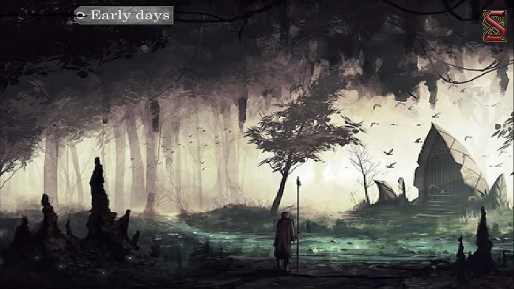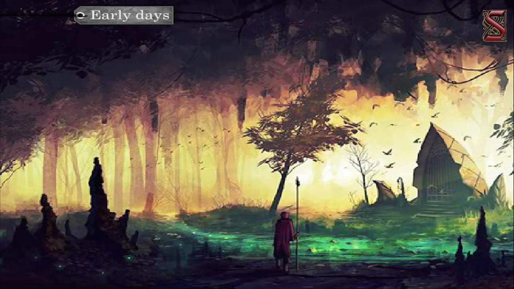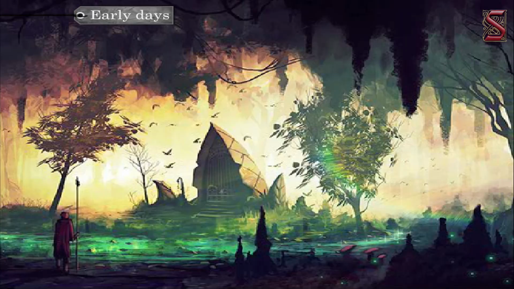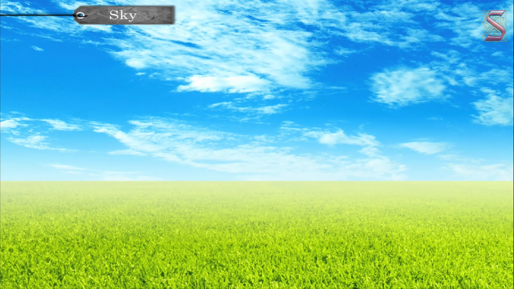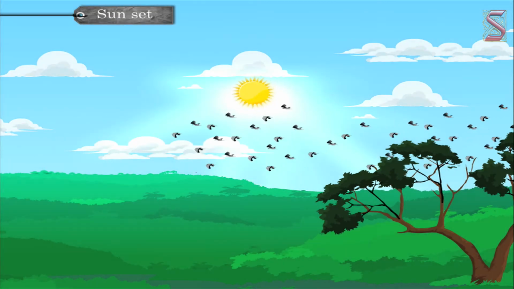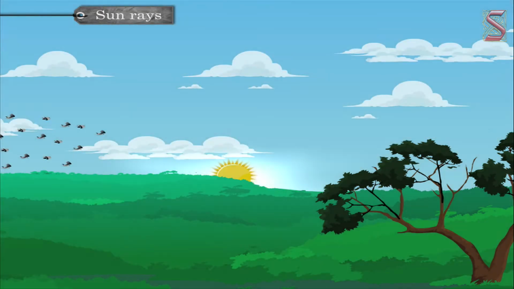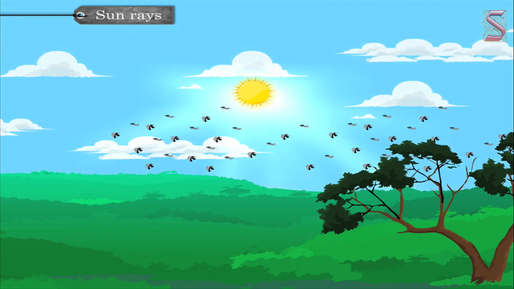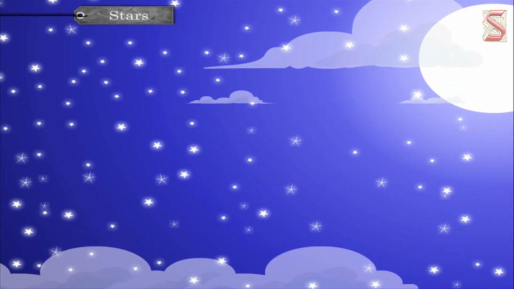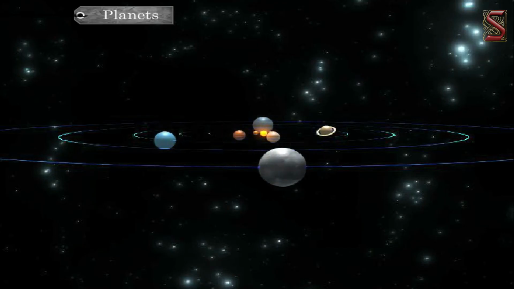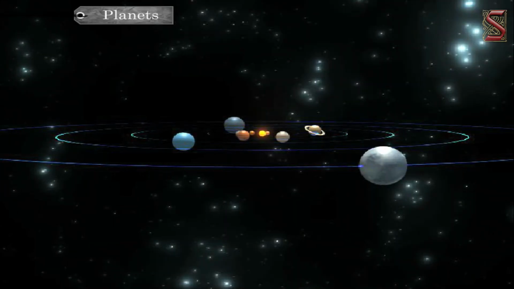The various changes observed by the people in the early days include that the sky has 2 or 3 different bodies. There was sunrise and sunset every day, and the sun spread warmth to all the living beings on earth. The moon grew big and became lesser over the month. The stars shined brightly but did not change their positions. The planets moved slowly against the background of stars.